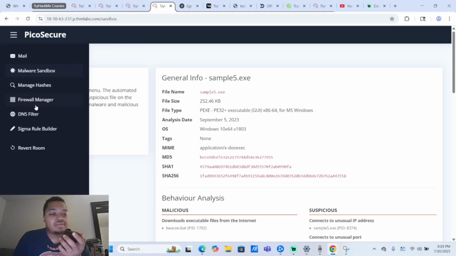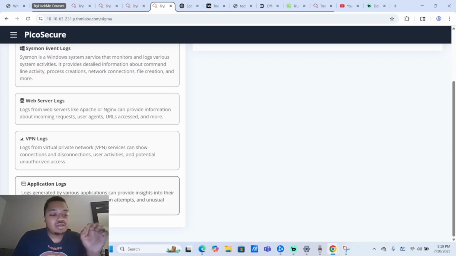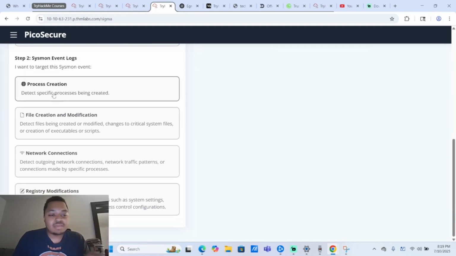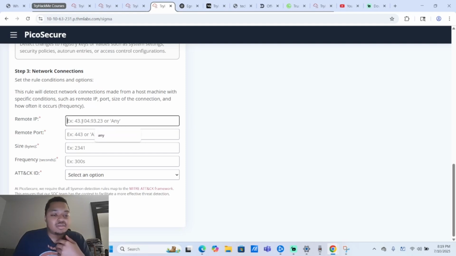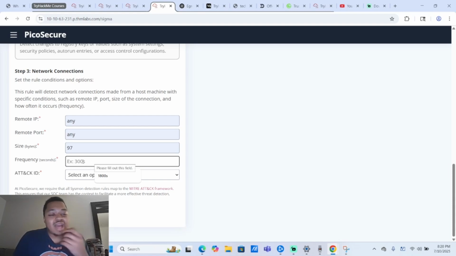use the Sigma rule builder again, and this time it will be the same thing, except this time it'll be network connections, because that's where the logs are coming from. So we go to remote IP. We can choose any. For remote port, we could choose any. The size is going to be 97 bytes. The frequency, now the frequency,